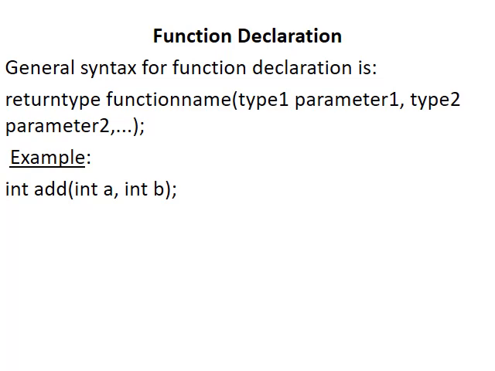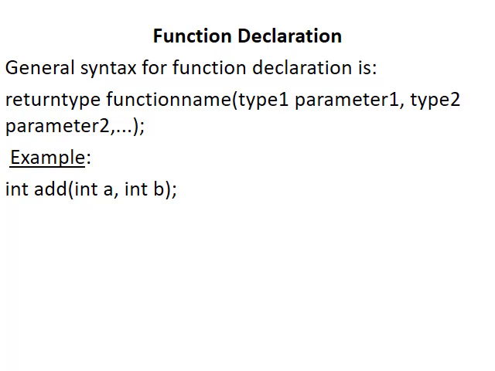Similarly, if you consider the power function, that is again another built-in function, in that case within brackets we mention like 2 comma 3, because it returns the value 2 to the power 3. So it takes two parameters or two inputs. Similarly, each function takes some input, and that is specified within the brackets, called the parameters or the arguments. One example we have given here, int add.